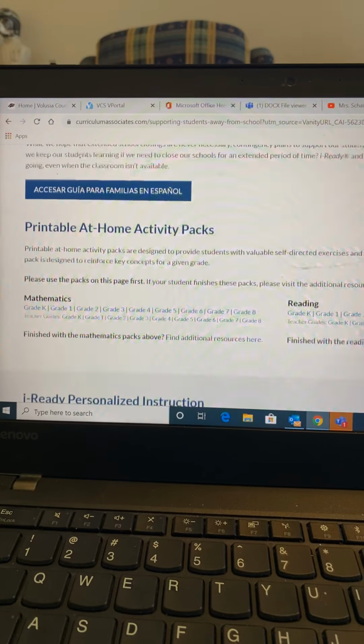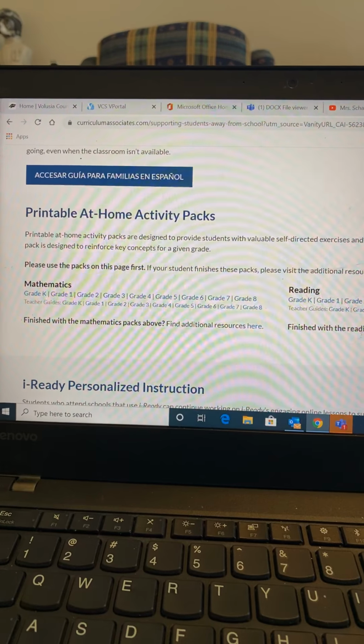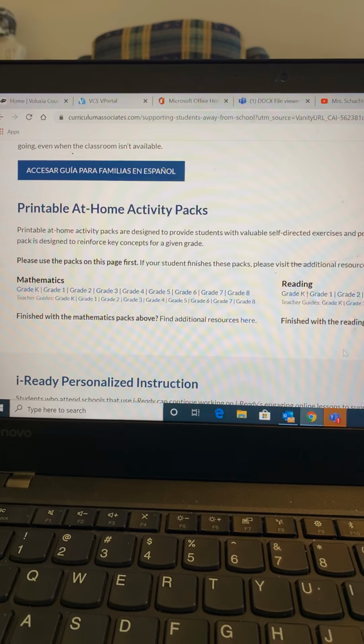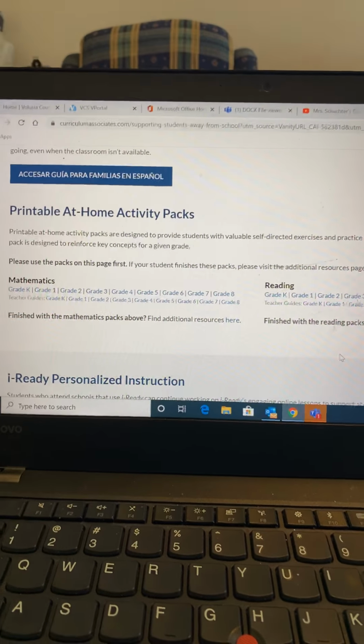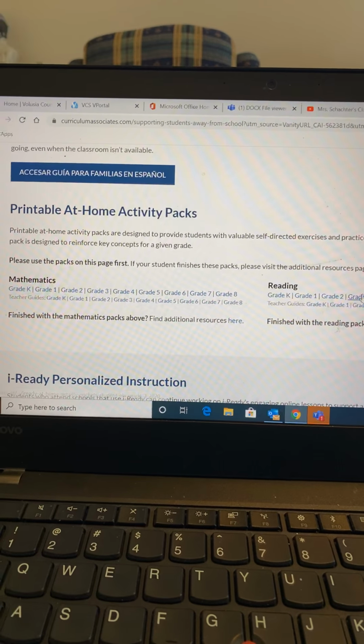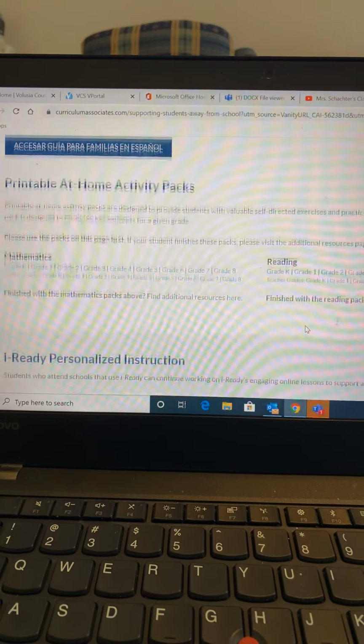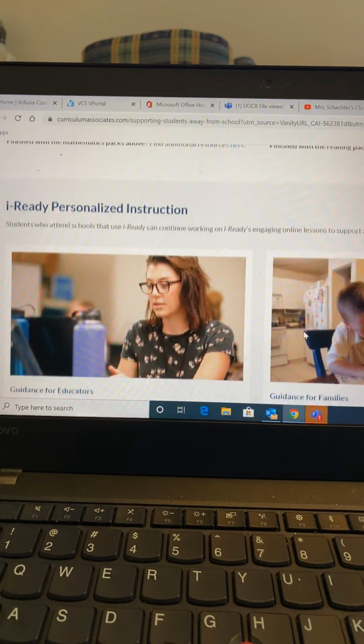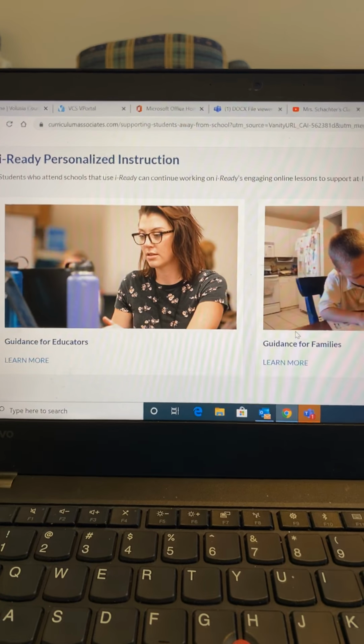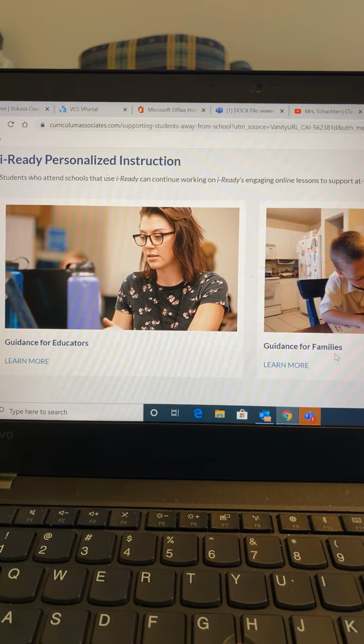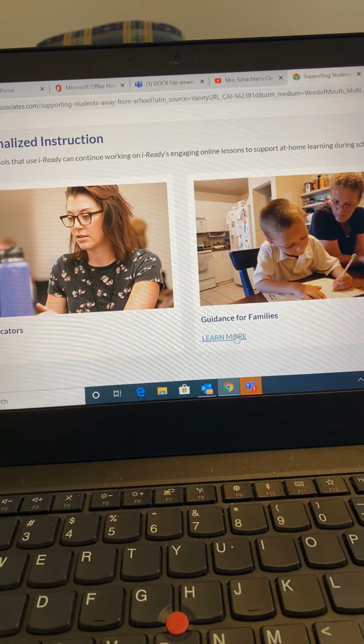Now, if you go to this, there are printable at-home activity packs. If you're looking for something extra for your student, by all means, you are welcome to print those out. And then it talks about iReady personalized instruction, guidance for educators, guidance for families. And so you can learn more